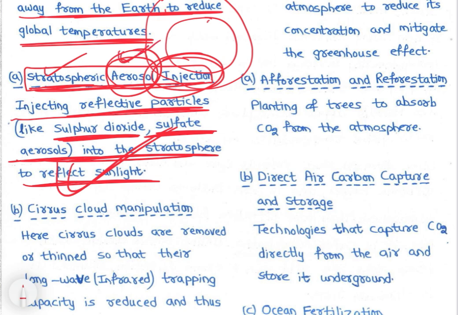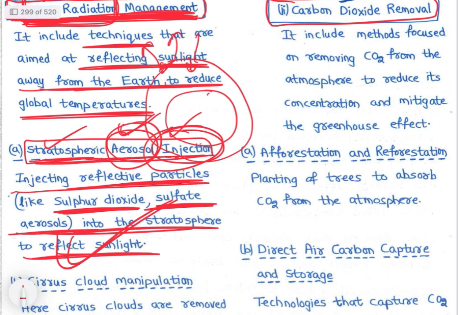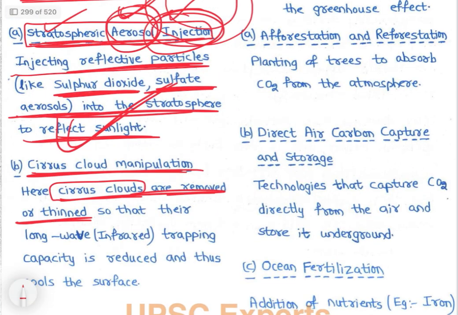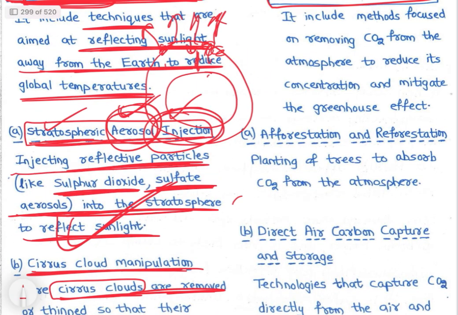stratosphere में aerosols inject करना so that they reflect the sunlight within the stratosphere only, right, so that they don't reach the earth, फिर earth में trap नहीं होंगे green house gases से, right, then cirrus cloud manipulation, right, here cirrus clouds are removed or thinned so that long wave infrared trapping capacity is reduced and cools the surface, right, here cirrus cloud manipulation where cirrus clouds are removed or thinned,